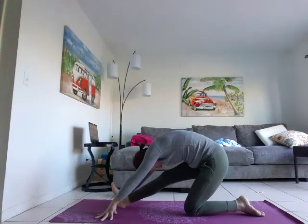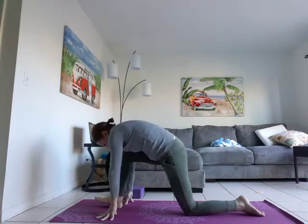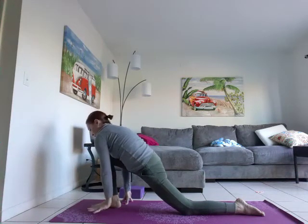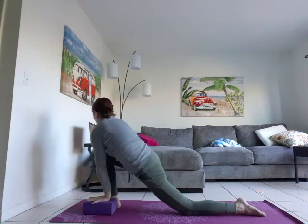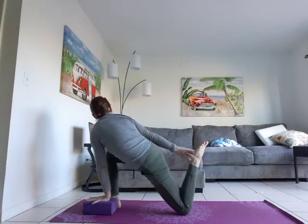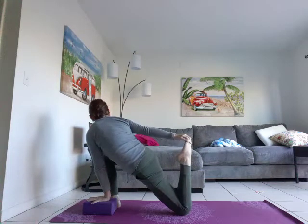Deep breath in. Empty out the exhale. Roll through that foot, come back to your lunge. We're going to place the right hand on the inside of that left foot, or you can use a block here. We're going to reach around to the back of the mat, lift that foot, grab a hold, sink forward,